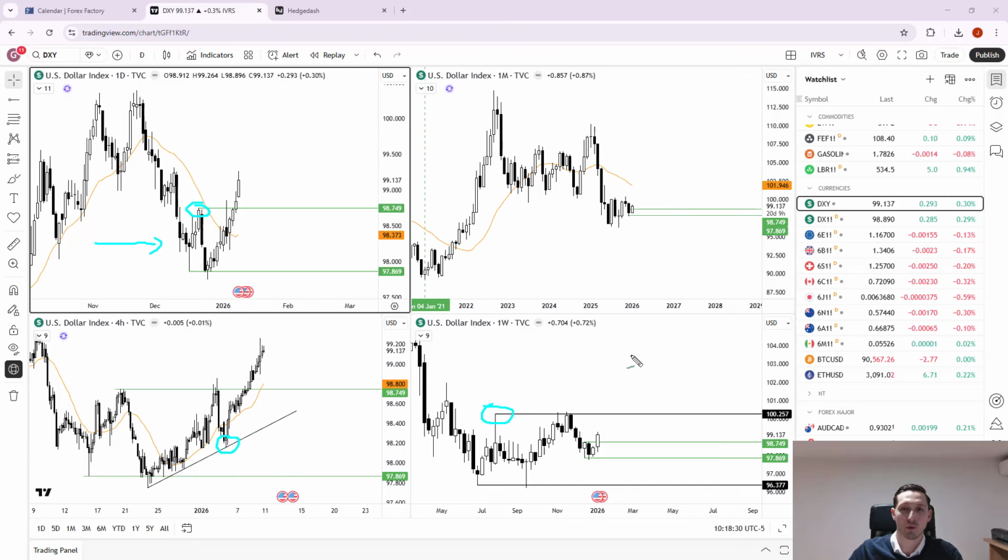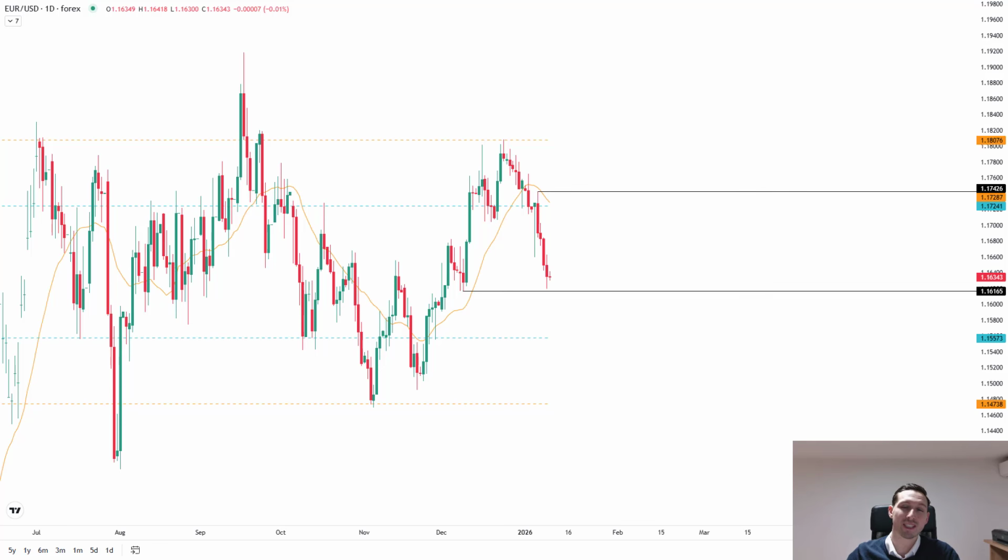And when we go through the portfolio selection later on in the video fairly soon, you will see that the relative data is actually quantitatively backing up and supporting what we're seeing here in the technicals. So dollar longs are one of the top themes going into next week for me. So looking at euro dollar is actually the first pair we're going to look at, which is a Monday, Tuesday